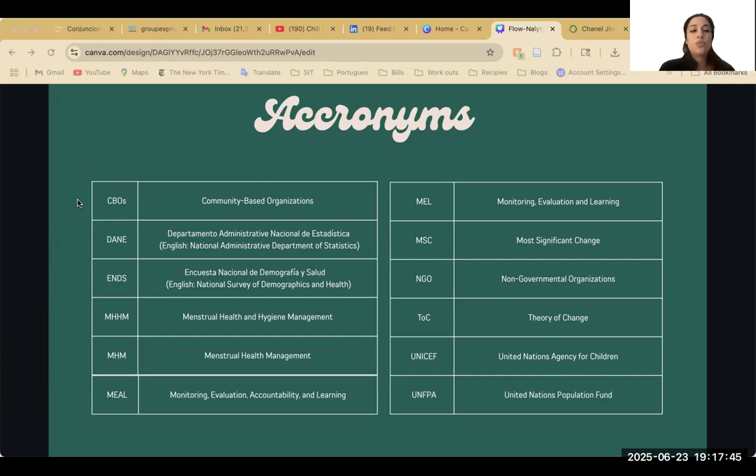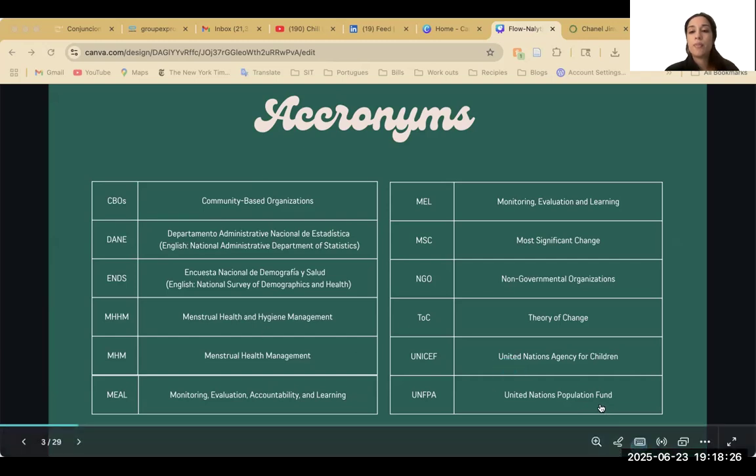And there's a stated issue that when trying to do any type of research regarding menstrual health and hygiene management or menstrual health management, because these two concepts are used interchangeably by some and more exclusively by others, you cannot take different reports from different organizations in different countries and compare them, because you don't know how the concepts are being used, and then it becomes muddy. It's hard to compare. So I'll go into this a little bit more, but I wanted to point it out here.